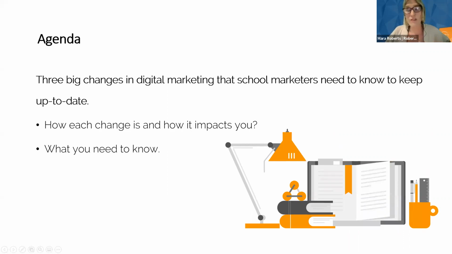We'll be covering 3 of the big changes. There are many changes happening, and this presentation could be the 1,000 changes that happened in 2022 in digital marketing. But broad scope, we've gone to look at 3 big changes that are happening and that we need to get our head around. And as I said before, sometimes as marketers, we can stick our head in the sand a bit